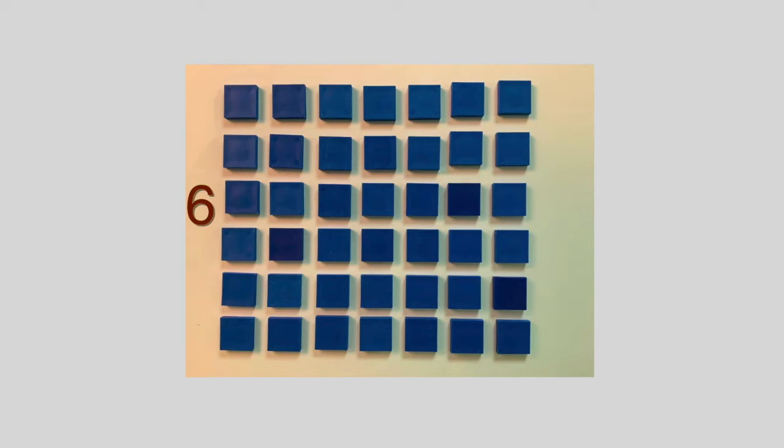On my final example, on this one I have 6 rows and I have 7 in each row. Now my suggestion for the students is when you want to decompose, always decompose with a number that you are pretty familiar with. And most students know their 2 times because of skip counting in first and second grade. Their 5 times and their 10 times. So if they can find a way to break it up into a group maybe with 5 in each row,